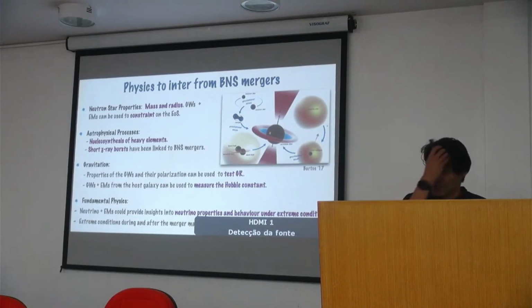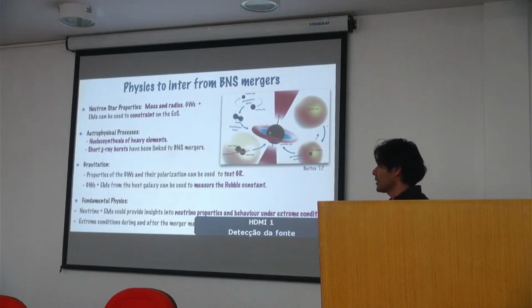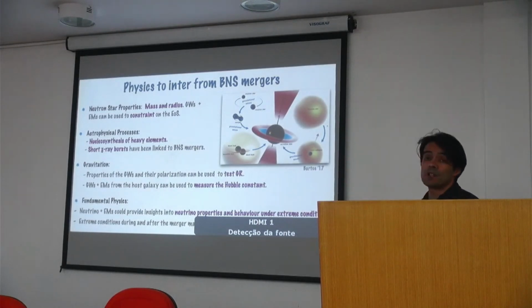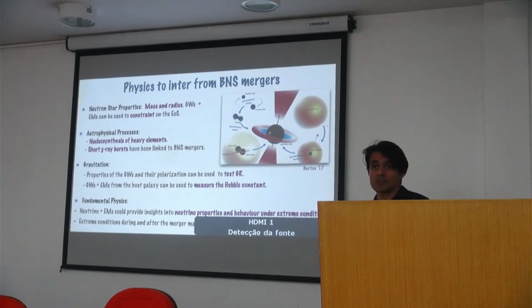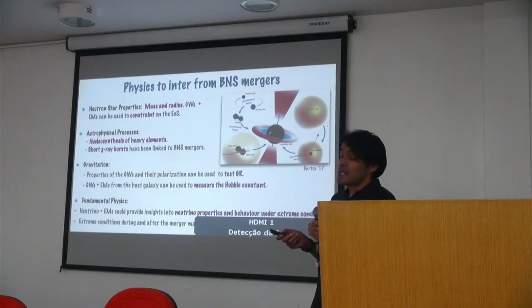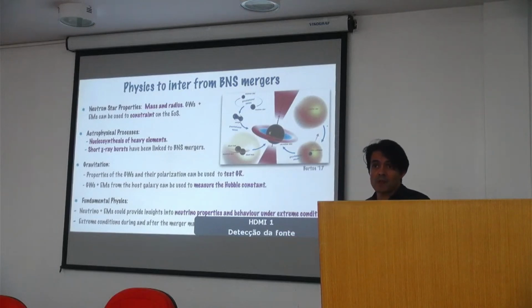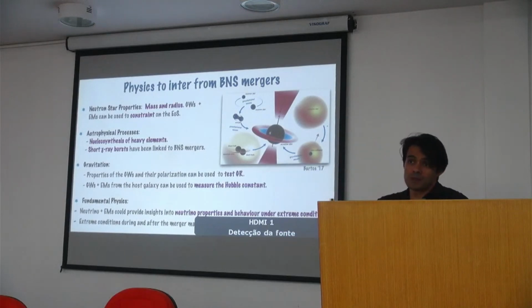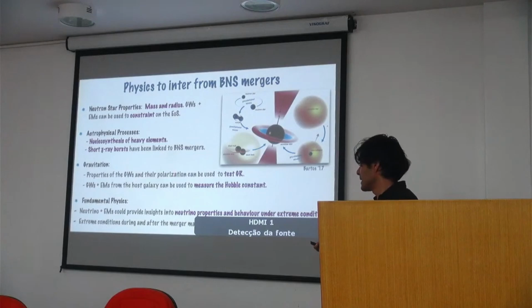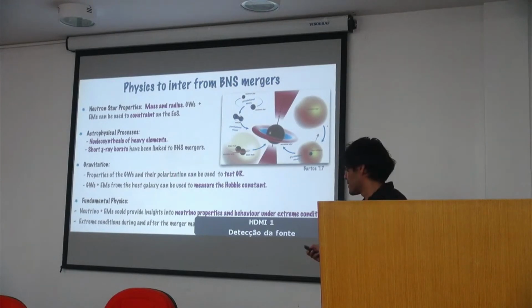Now we have a better idea how we can form elements heavier than gold. This is through nucleosynthesis. When we have the merger of the Newton stars, they produce a lot of ejection of neutron-rich material, and that forms these heavy elements. From the gravitational point of view, GR predicts that we have two polarizations, the standard ones that are plus and cross. But there are other theories beyond GR that predict, for example, this breathing mode. If you detect that, then you can say GR is not complete. If you don't detect it, then you can rule out that theory.